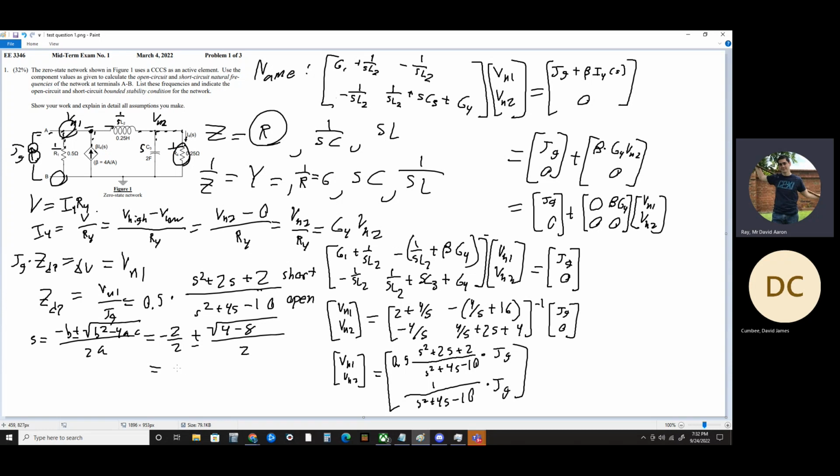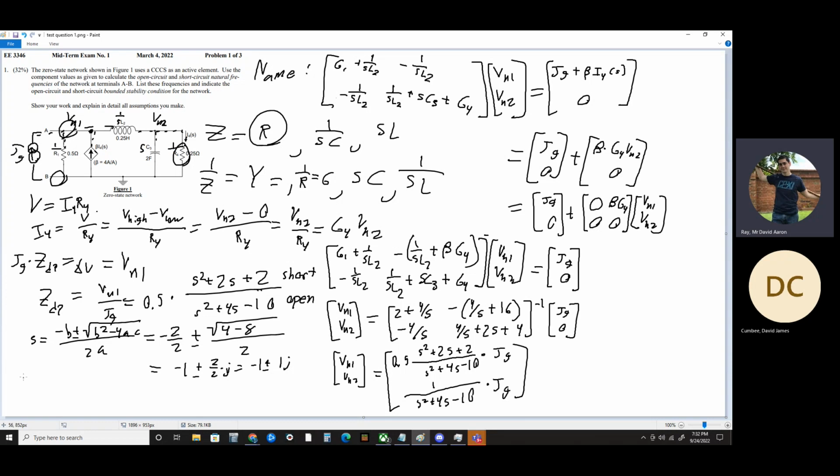So this is going to equal negative 1 plus or minus square root of 4 minus 8, which is negative 4. So square root of negative 4 is just 2 times the imaginary number, and that's 2 over 2 times I. So that equals negative 1 plus or minus, well, I'll use J for this, negative 1 plus or minus 1J. So that's your short circuit